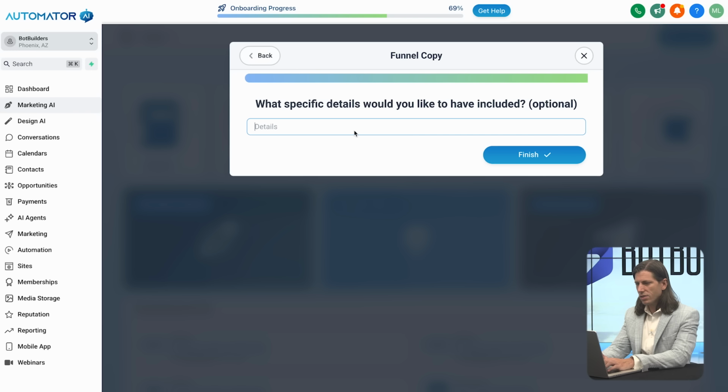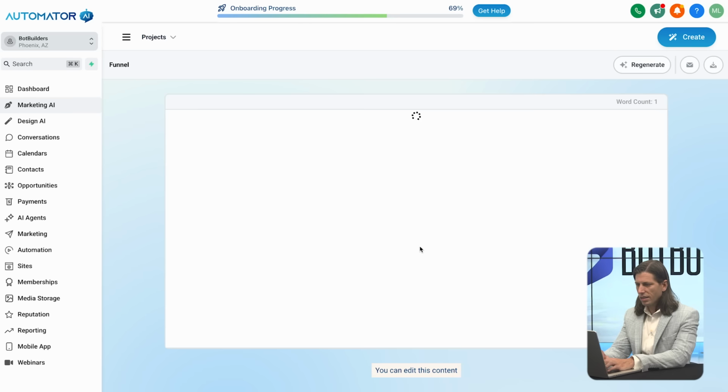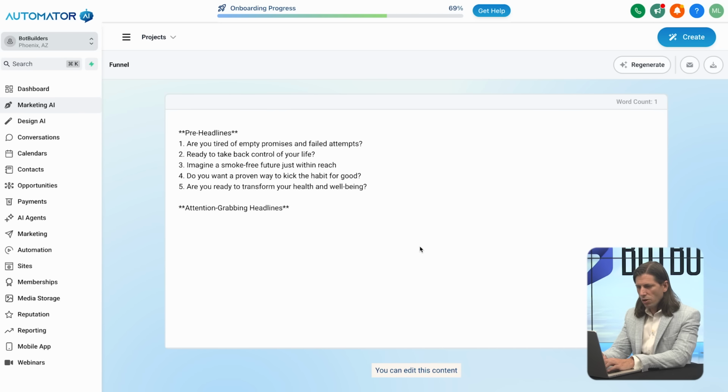What specific details do you want to have included? Let's put proprietary 3-step stop forever method. All right, just like that. Boom, it goes to work.